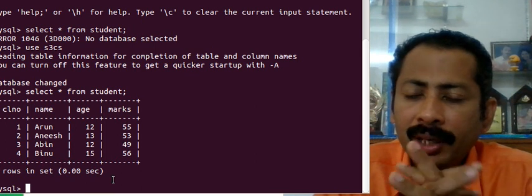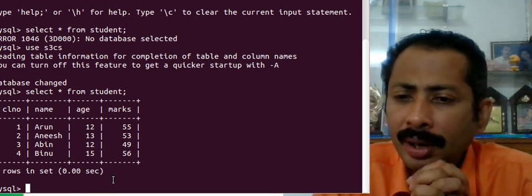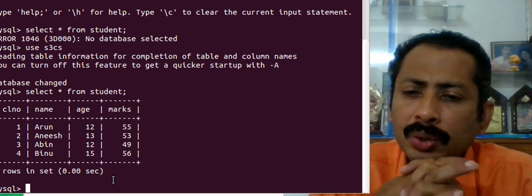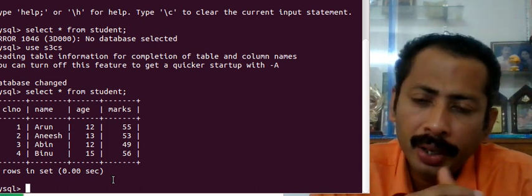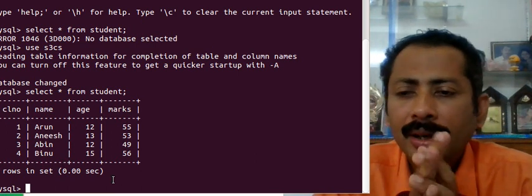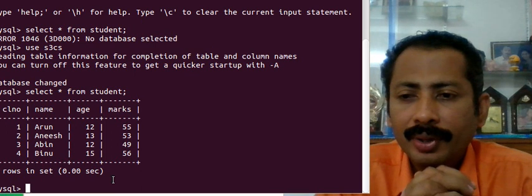And if I give the condition like this, change the mark of Arun to 55, then also there can be another Arun in the name field.